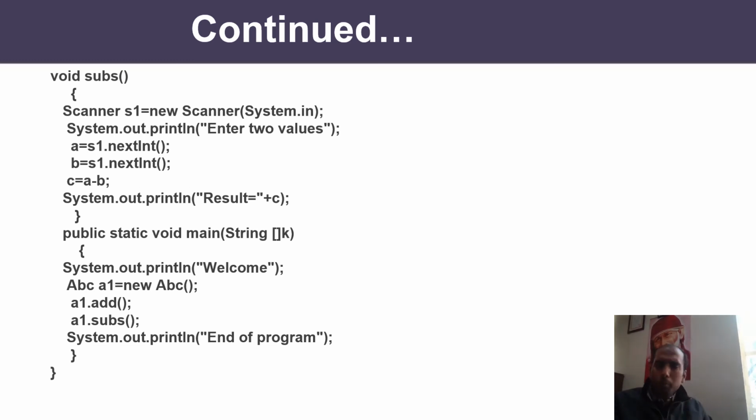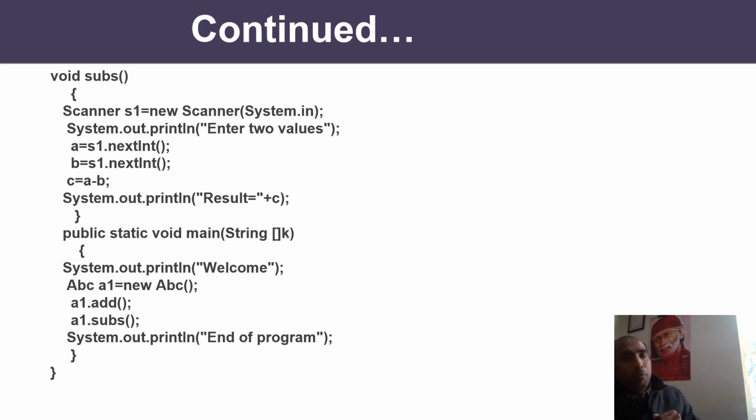Now my question to you again is: this ABC is an instance variable and main is a method which is also defined inside a class. So can I access this ABC variable in the main method? Just try to write a equals to 5 inside the main. When you compile, an error will come. A compile time error will come, and the error will read: you are attempting to access non-static variable in a static reference. Wow, what is this error?